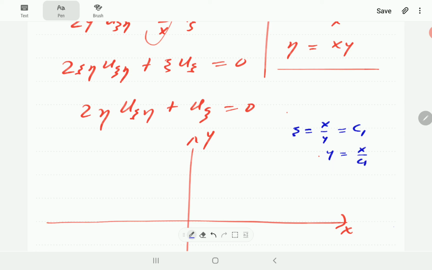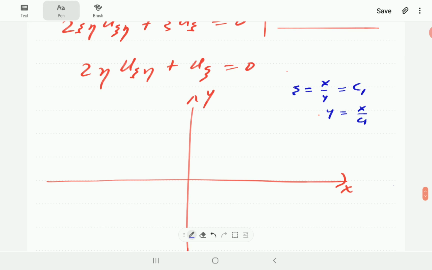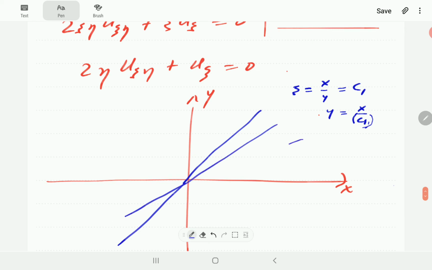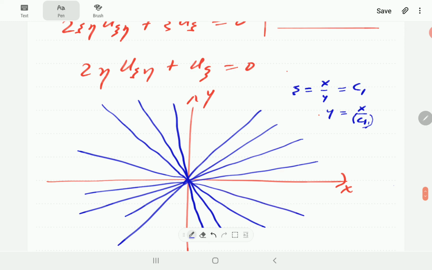These are just going to be straight lines going through the origin. As c changes, the gradient changes. So for instance, if c is 1, it's going to be like this. If c increases, then the gradient becomes smaller and smaller. C is -1, and so this is just going to be rays of lines emanating from the origin,